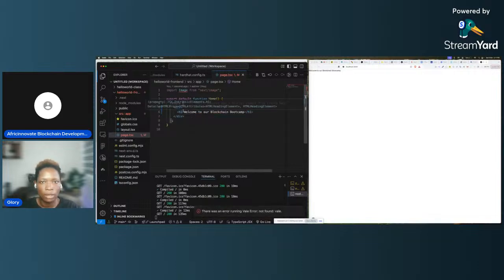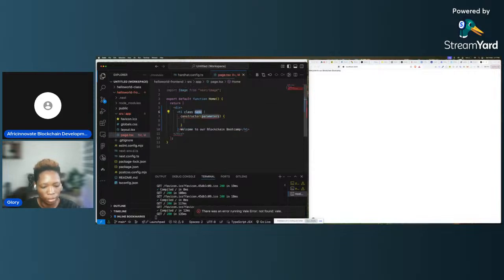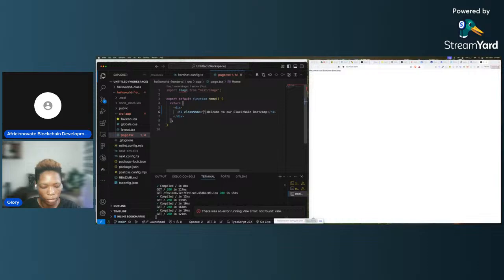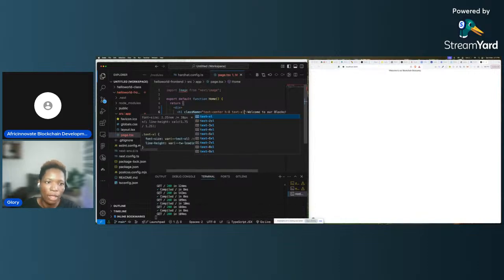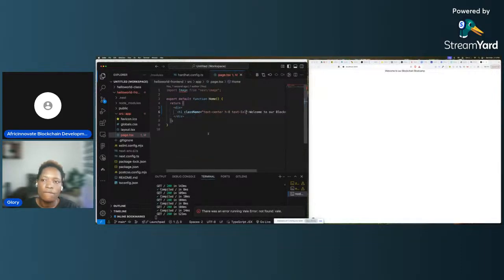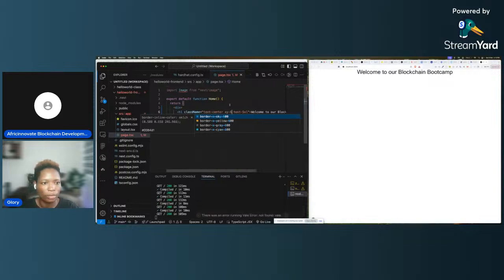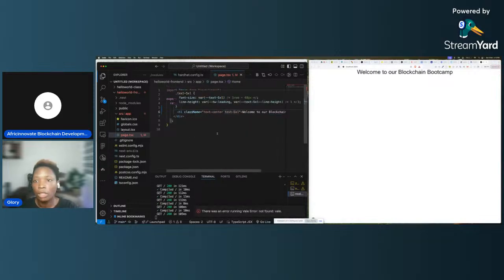Okay, so that's that. And then since we are using Tailwind, we can quickly do, actually, remember my Tailwind. Okay, let's center. What is it I do here? Okay. All right. So assuming this is what we are doing,